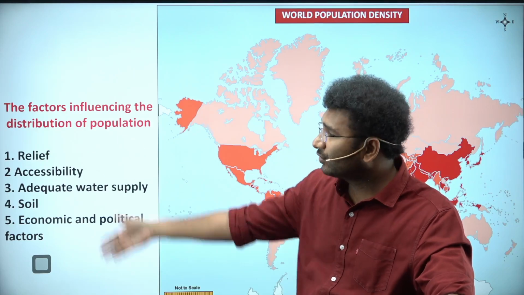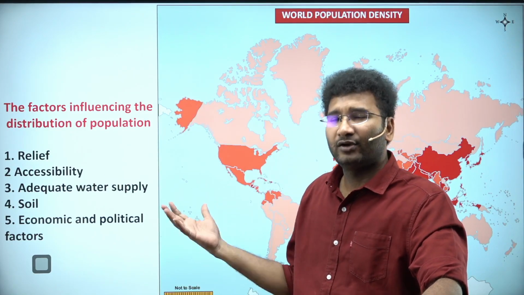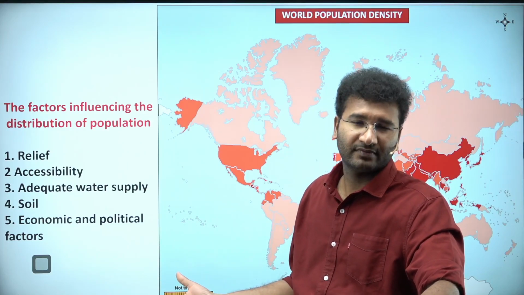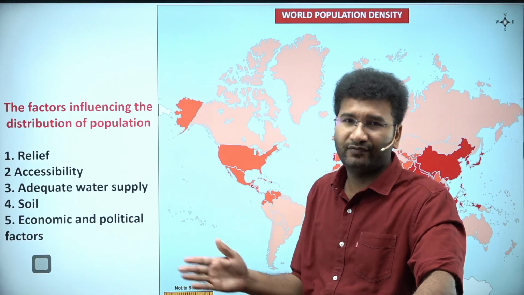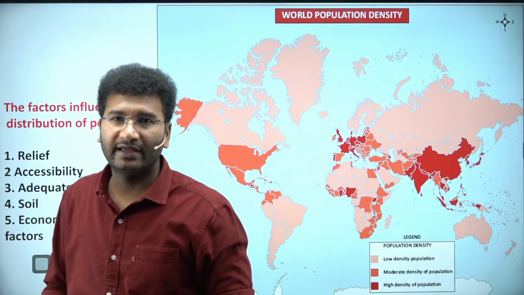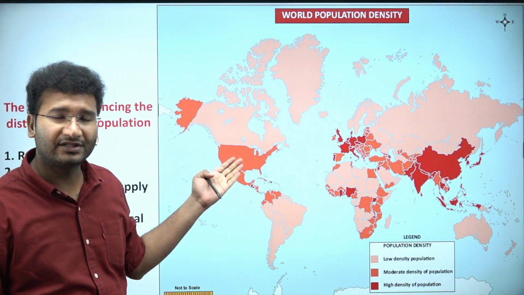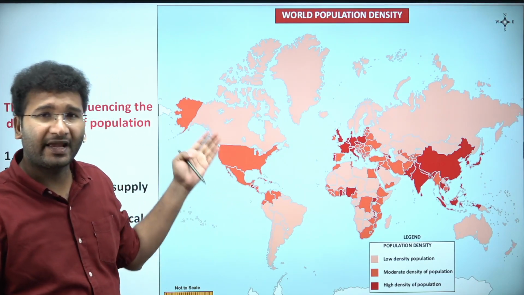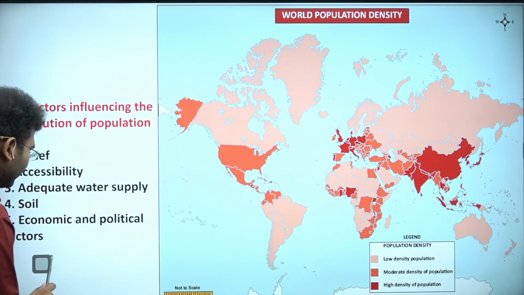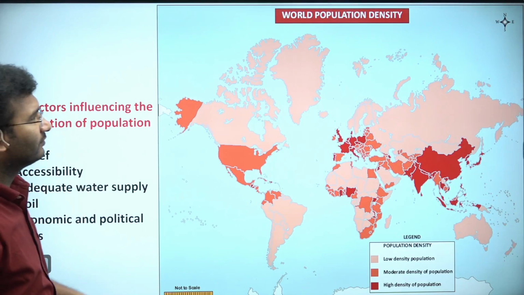So based on these factors, that is economic, social, political, topographic, geographical, climatic, all these factors, whatever you have learned in the last few themes, you apply this here. The entire world is divided into areas with high density population and areas with low density population. Now broadly, when you look into this particular diagram, you will come across that the population is largely